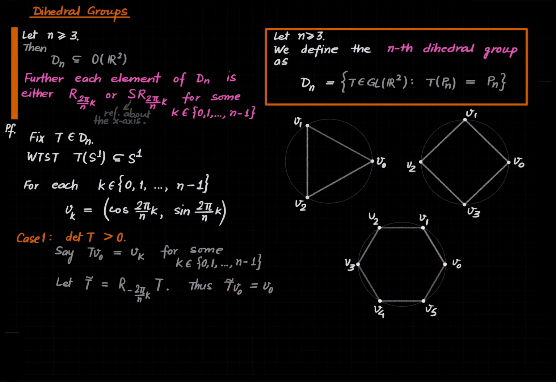One thing I didn't do is show that this is a group, but that is an exercise. The binary operation here is composition, and this is a group. So clearly this is an element of the dihedral group, Dn, and hence this composite is also in the dihedral group. So T tilde of v0 is v0, and the determinant of T tilde is also positive. So it's a positive determinant element of the dihedral group which is fixing v0. And our claim is,